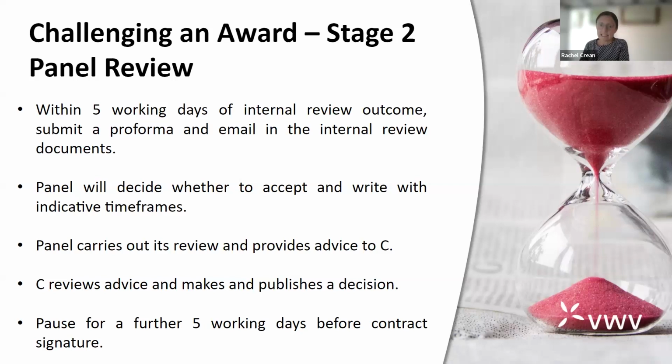Which is dramatically different to how things would play out in court, where we're telling you to anticipate 12, 18 months, 2 years for the whole process to play out. The panel has acceptance and prioritisation criteria, which mostly reflects the rules. But one point to note is that the panel